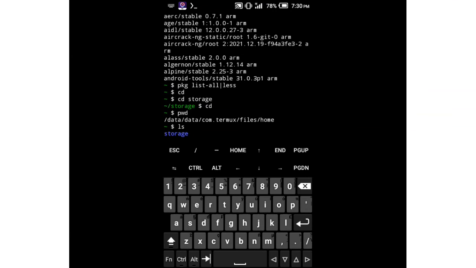Another command is the pwd command. The pwd